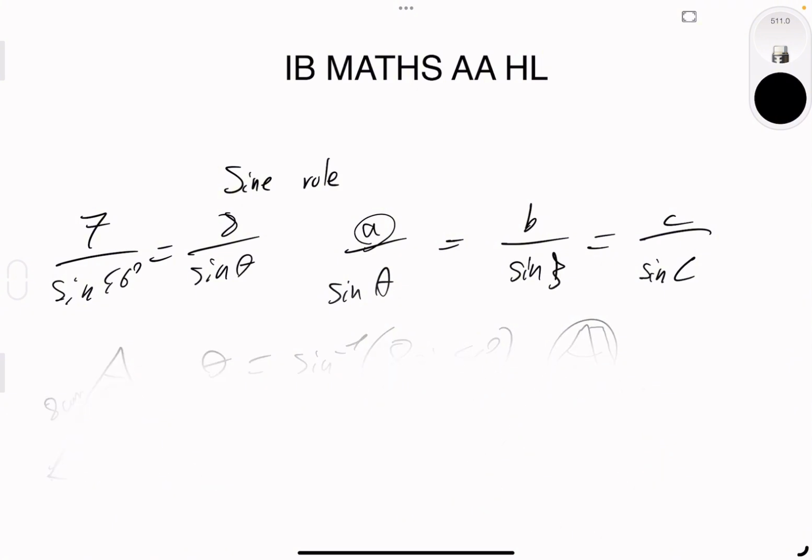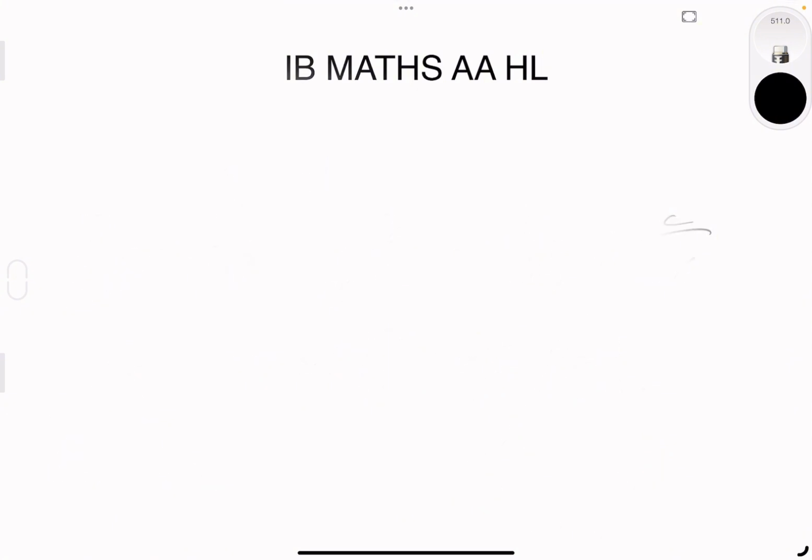So sine rule doesn't get any harder than this. It's very simple. Once you get the hang of it, you just repeat question after question. It'll get memorized. You'll memorize it in your head, even though it is in the formula booklet. So now let's move on to the cosine rule,